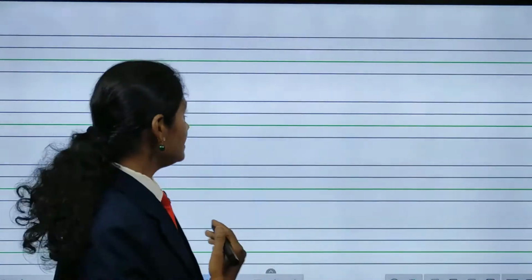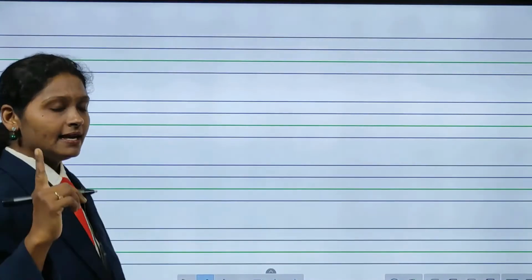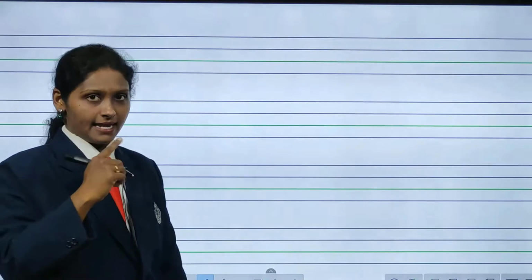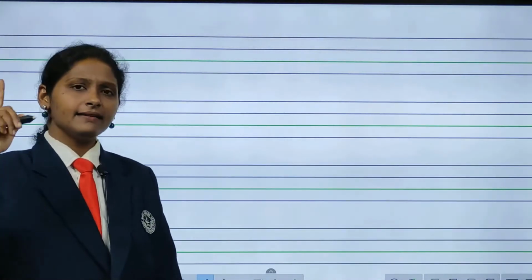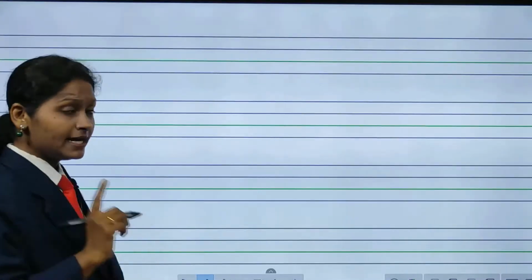So children, you open your slates and take out your slate pen or open your book and crayon and be ready with me, and I will teach you how to write letter C and letter A. First we will write letter C, alphabet C, C for cat.